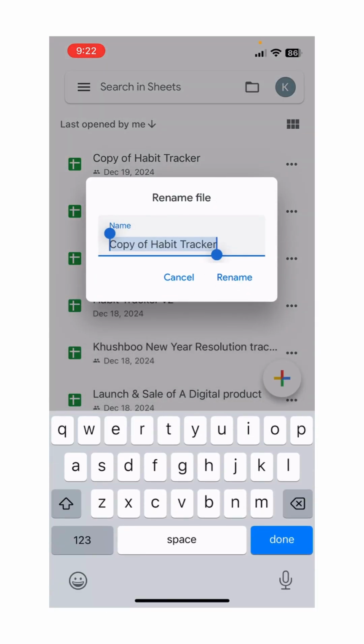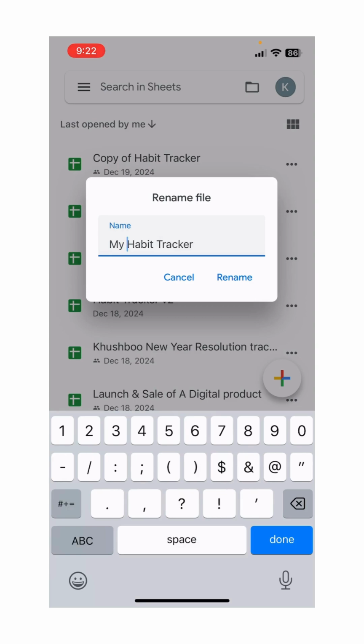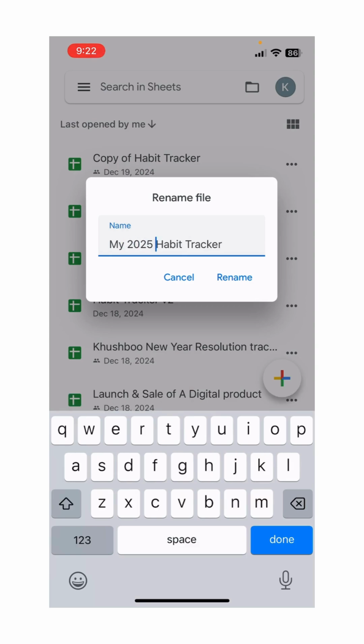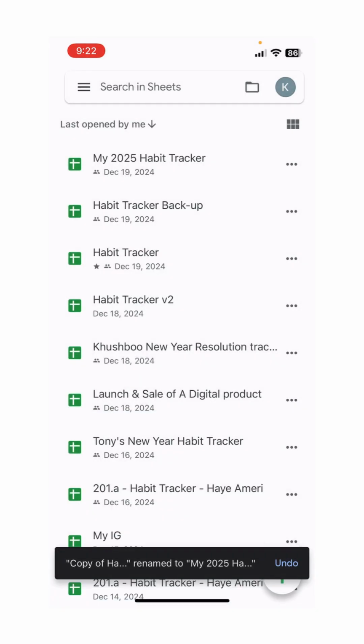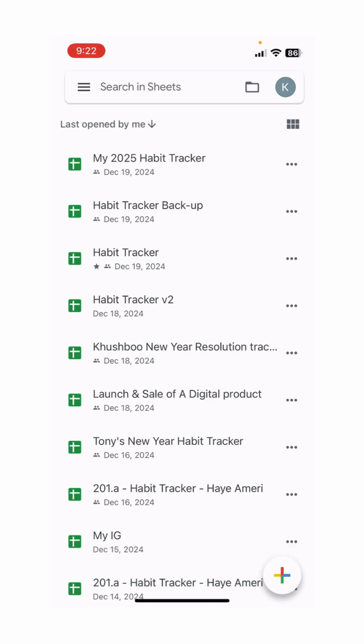I'm going to call it my 2025 habit tracker. There you go. All right, so we've renamed it and now we'll move on to step one.